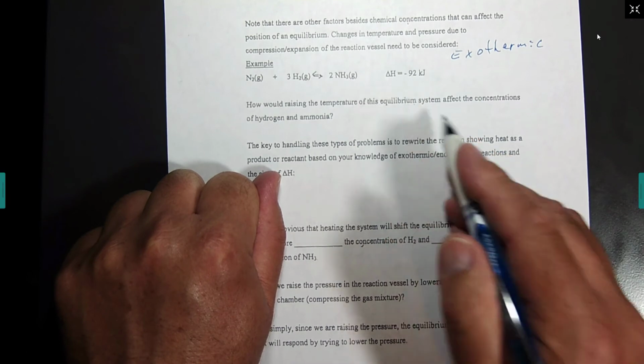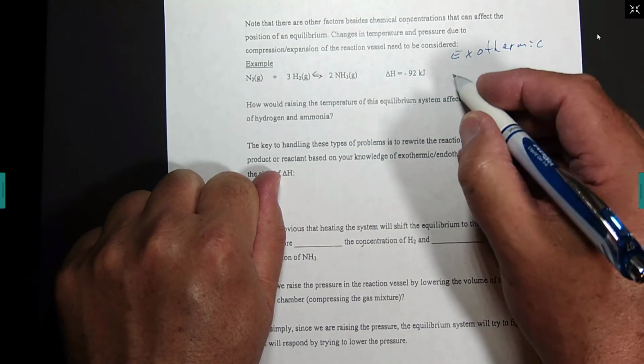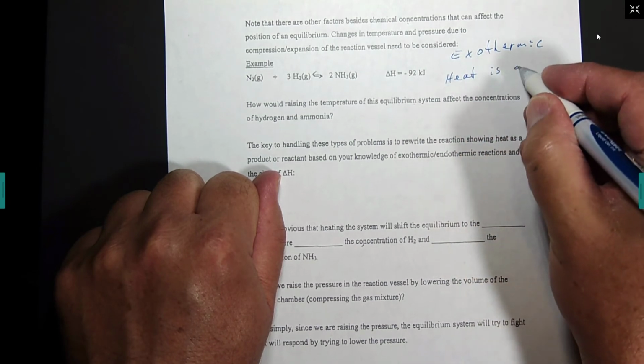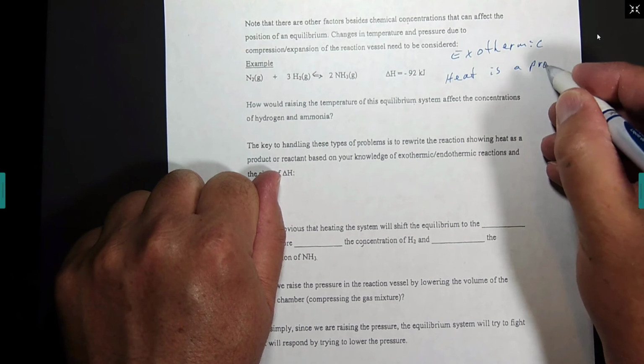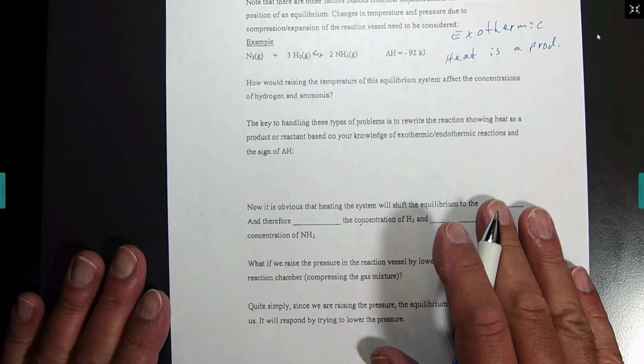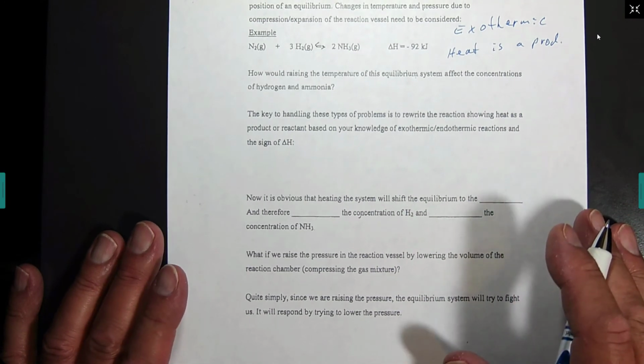So a negative delta H means it's exothermic. What's that really mean? It means heat is a product in that process. So anytime you get a question about will the reaction shift to the right or the left